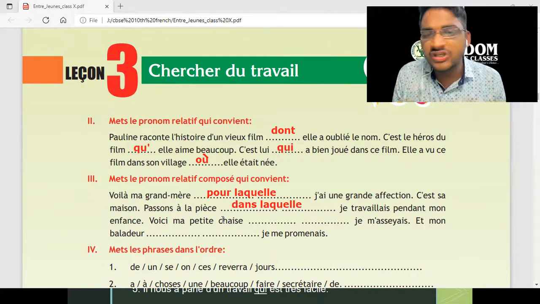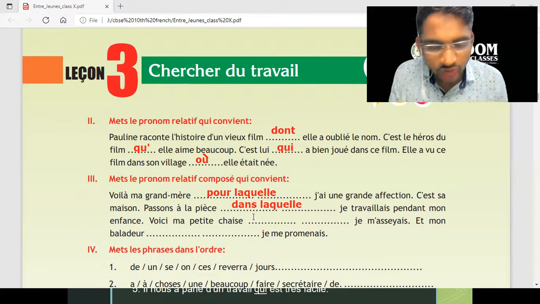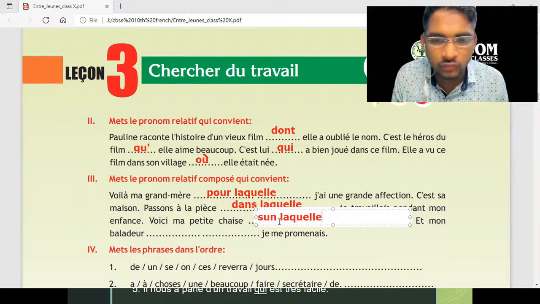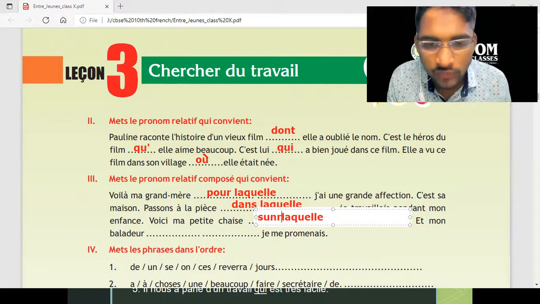And voici ma petite chaise. And here is my small chair on which. तो again students यहाँ पे क्या है? Chair की बात कर रहे हैं. Chair is a feminine noun. So on which